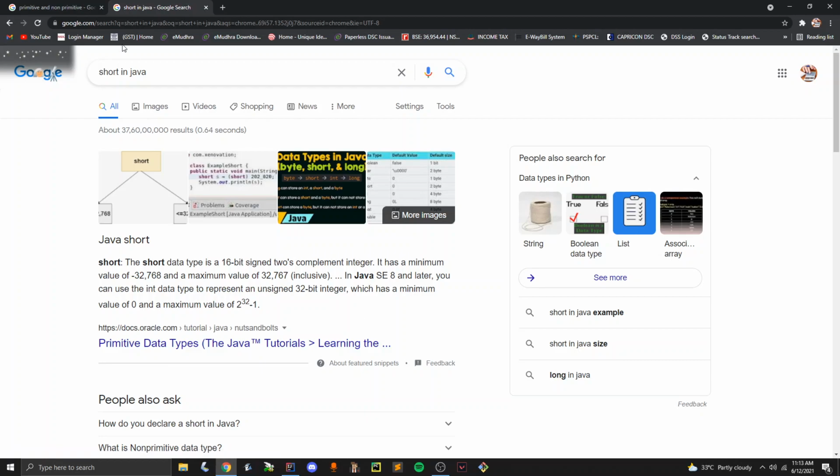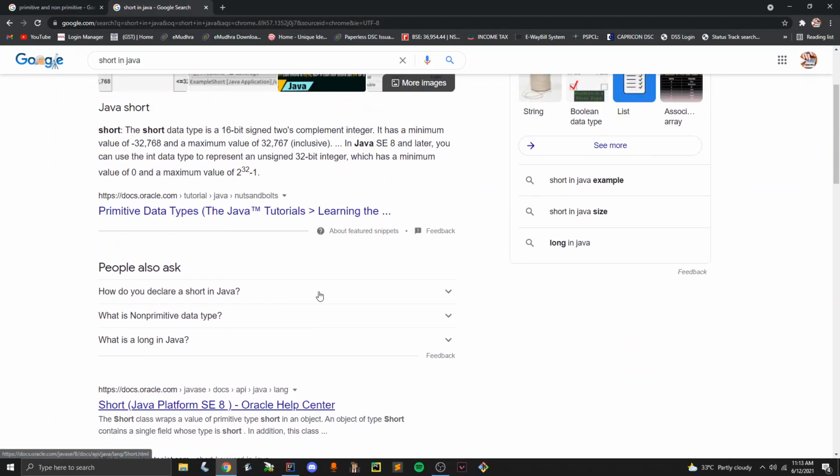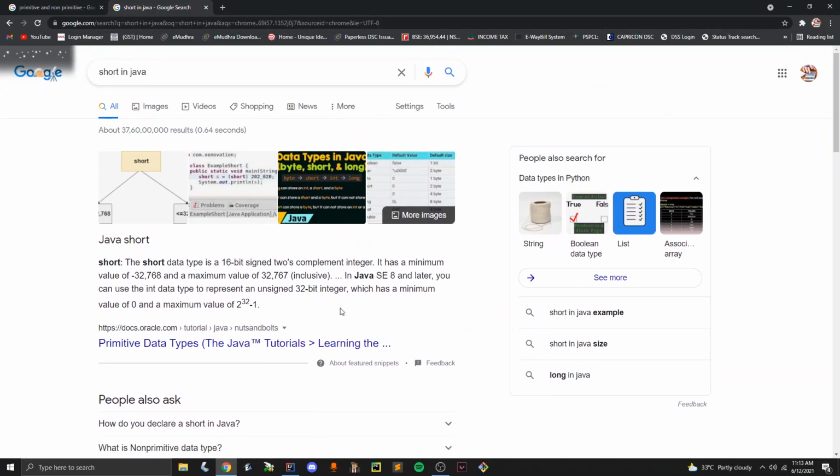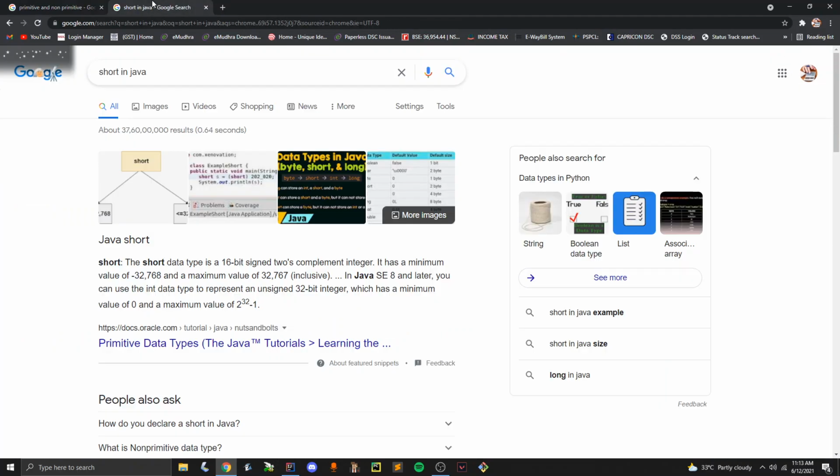If you want to do it, you can just do it, but we mostly use integers. You can do any work in integers. If you're working on a large project, I mean a huge project, then you can use long. It's nothing very different, I would say. Then we have this int. So I mostly use int